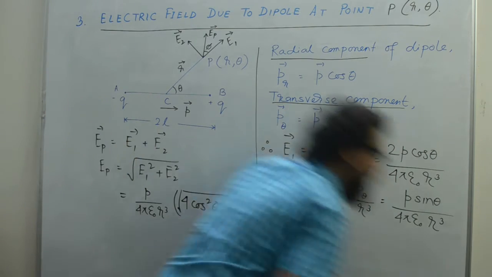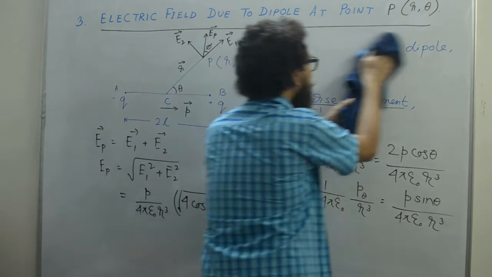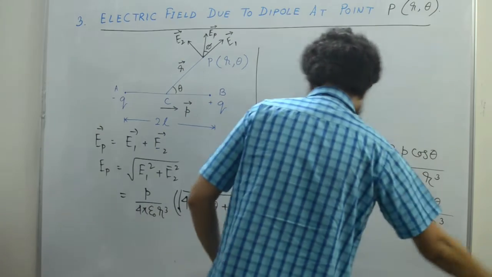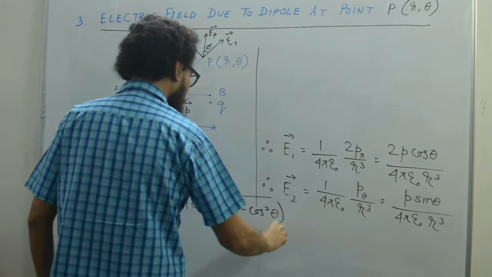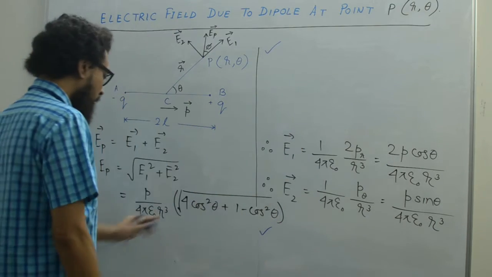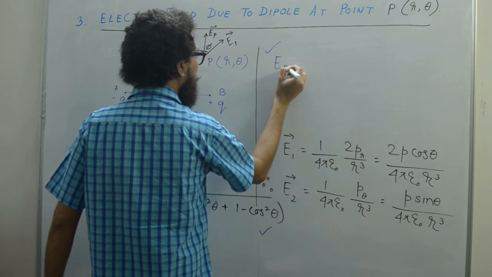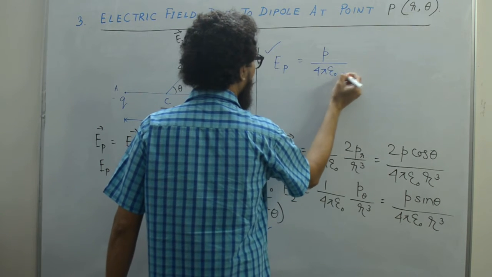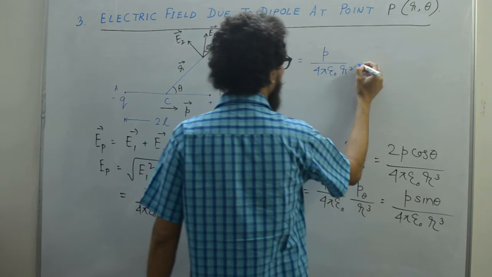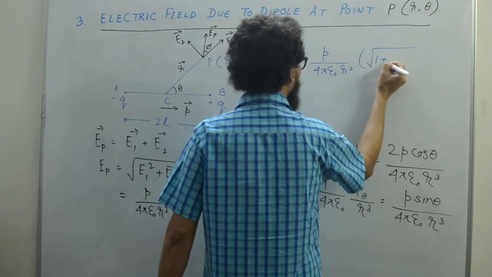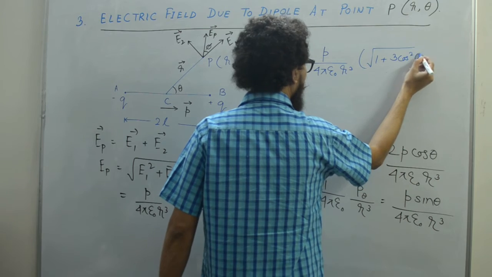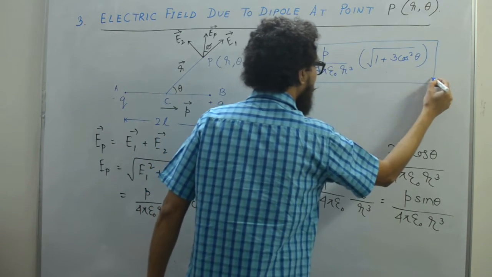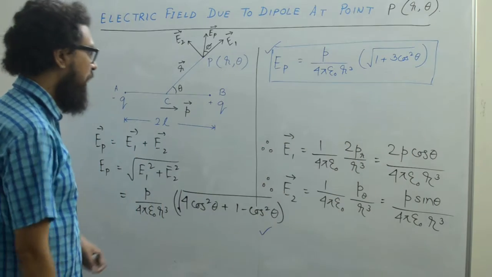So now adding this, what is EP, the magnitude I'm talking about? It is p by 4 pi epsilon naught r cube, and the whole thing inside the root is 1 plus 3 cos square theta. So this is my final expression for this particular field at any point in space which is designated